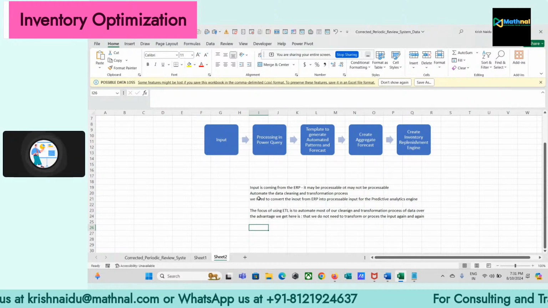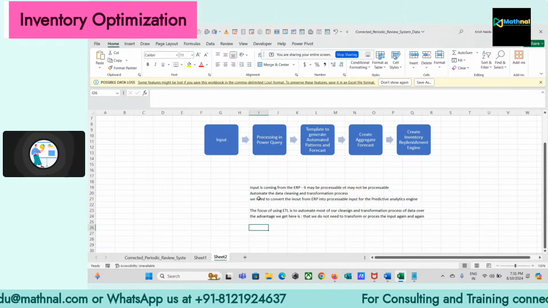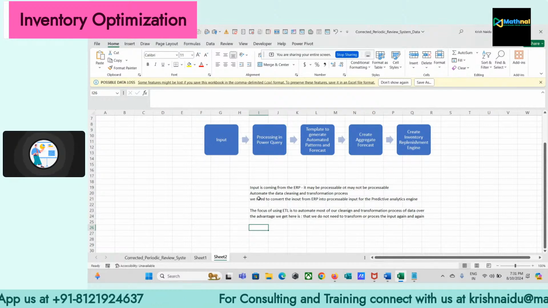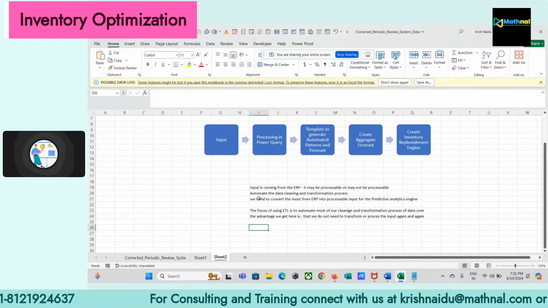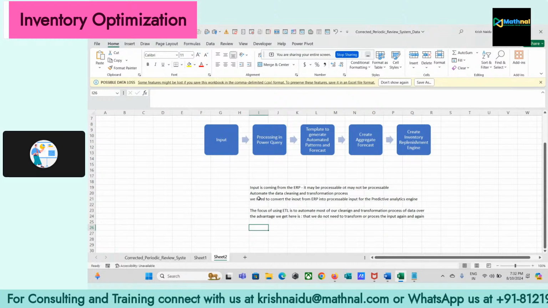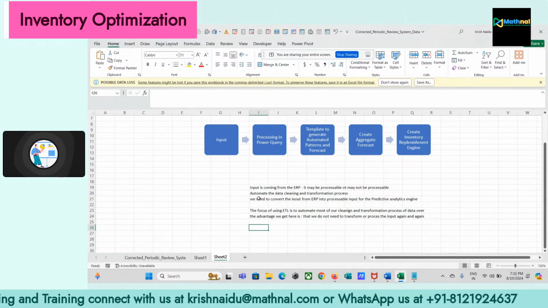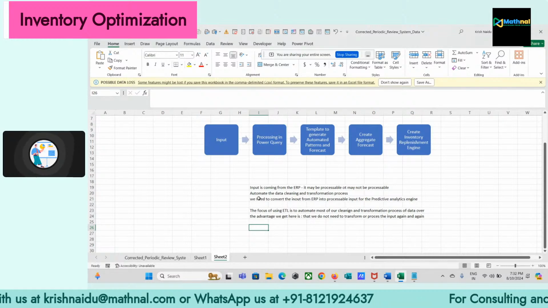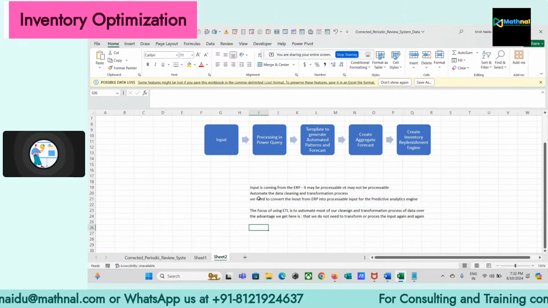That is the most important thing which supply chain professionals will get benefit from in this particular Power Query tool. So this is one of the most important things which we need to take into consideration as supply chain professionals. So we need to work a lot and lot on the